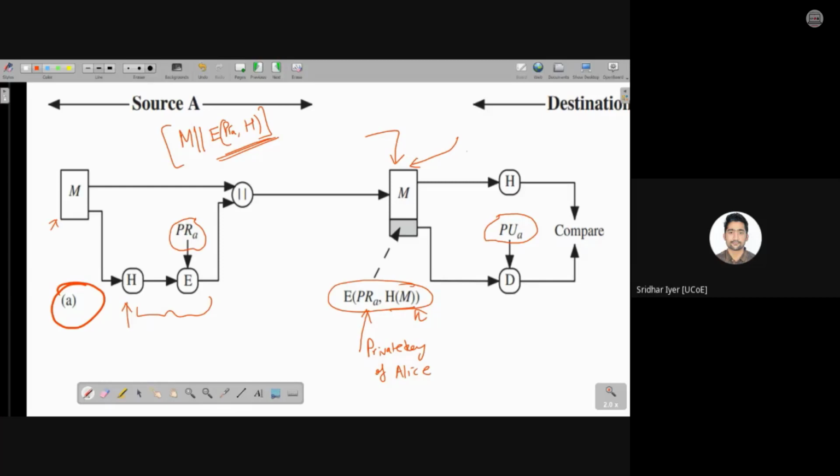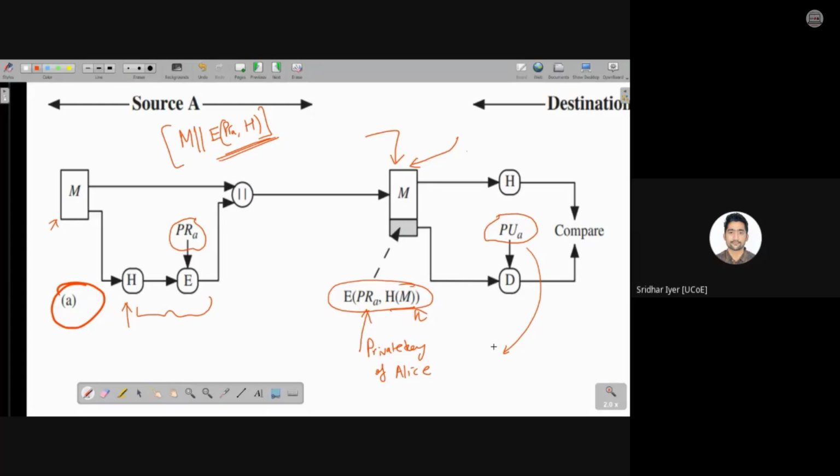Previously, we used to see it like this: encrypt using public, decrypt using private. That is encryption. But in this case, it is exactly opposite. We are trying to find out digital signatures. So if Alice has encrypted the message using Alice's private key, that should be decrypted using her own public key only. Now I hope this is clear. Once the receiver B or Bob, whatever you want to call it, decrypts this message using the public key of Alice, as you know, the public key is public to the entire communication network.